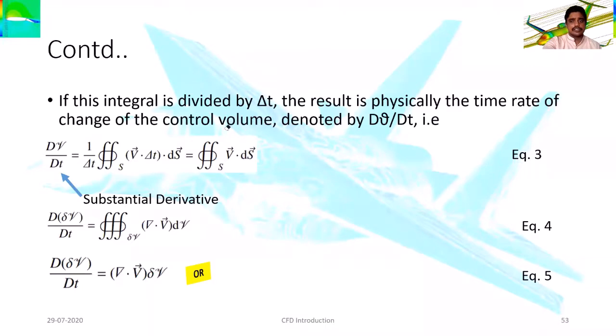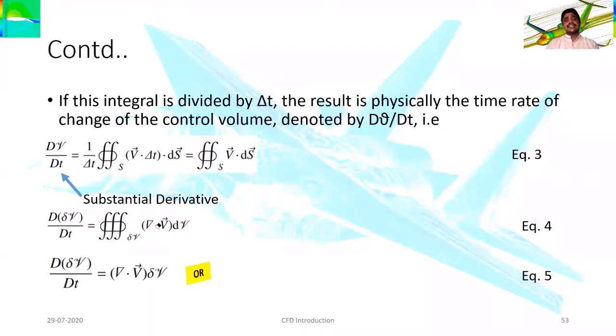So using the divergence, from equation 2 to equation 3 to equation 4, I have utilized the divergence theorem, by which I have obtained this control surface into the control volume, and totally my equation has become the velocity gradient, that is del dot v into dV. Where dV represents the change in the volume happening in that particular fluid flow. So from this one, finally we can write that.